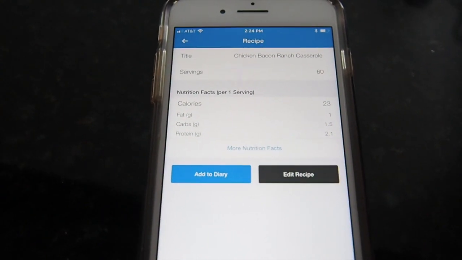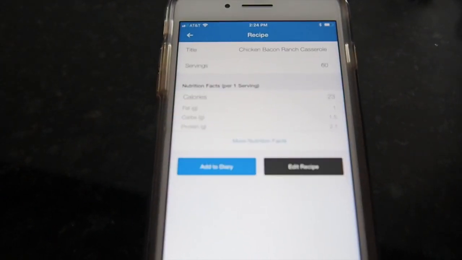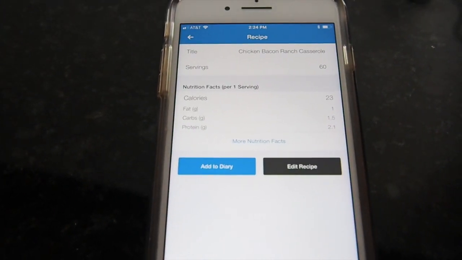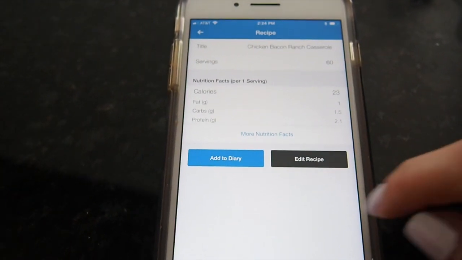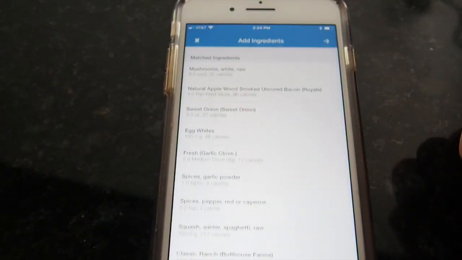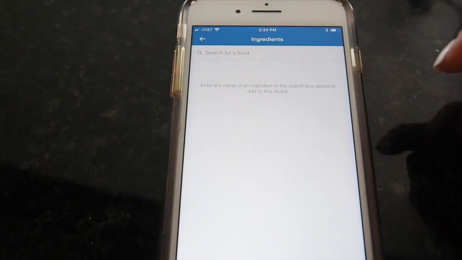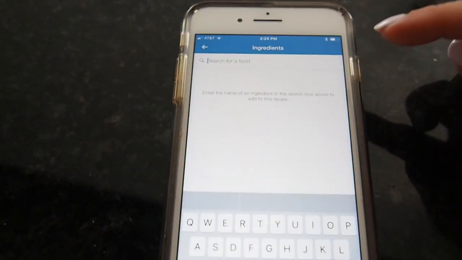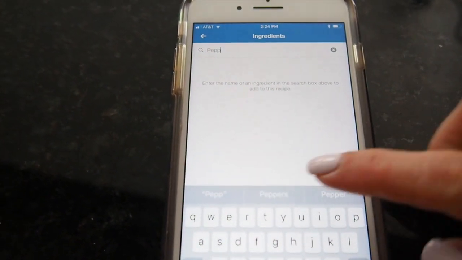So I'm just going to do my chicken bacon ranch casserole because that's what I'm going to have for dinner tonight. And just for the sake of showing you how to enter an ingredient, I'm going to go to Edit Recipe, and then you would just add ingredient and search for the food you want. So I'm just going to put peppers,